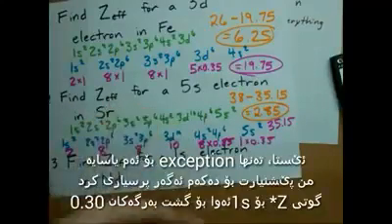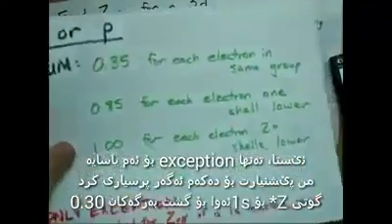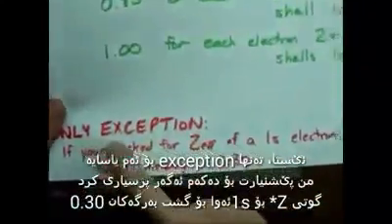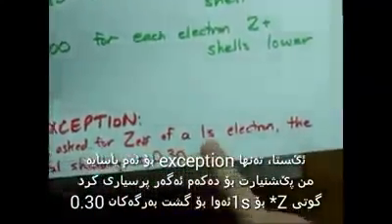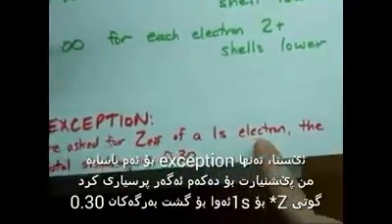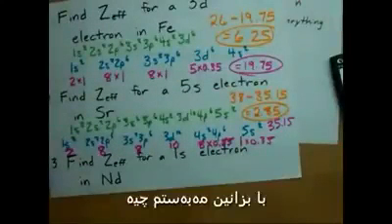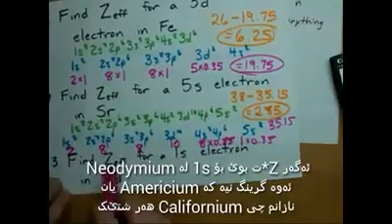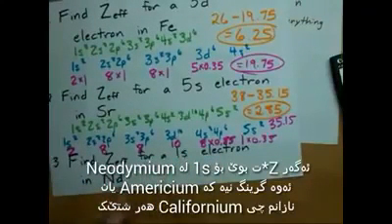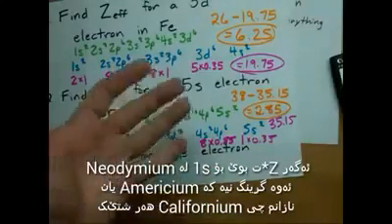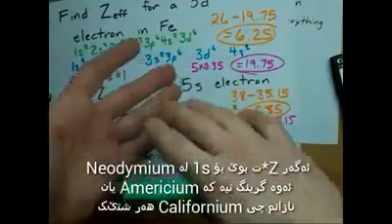Now, the only exception ever to these rules that I've proposed to you is if you're asked for the effective nuclear charge of a 1s electron, the total shielding is just 0.3. Here's what I mean. If you want the effective nuclear charge for a 1s electron in neodymium, doesn't matter what this is, could have been americium or, I don't know,